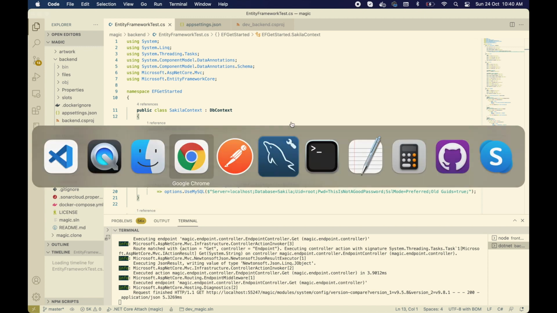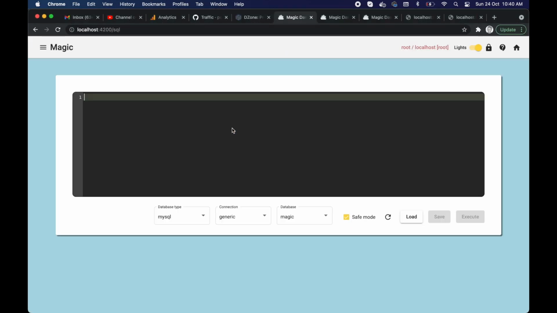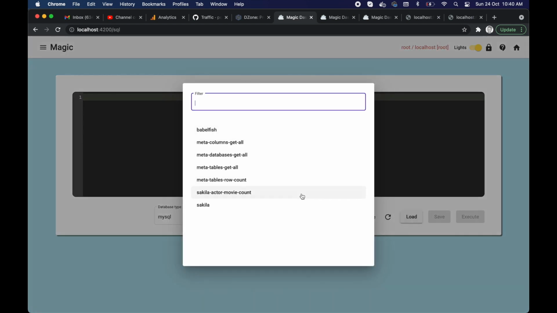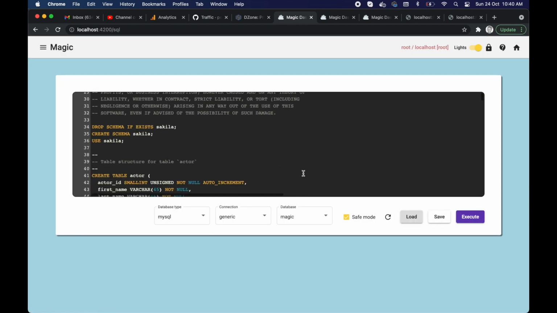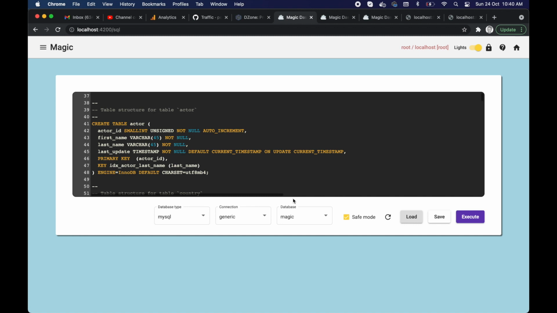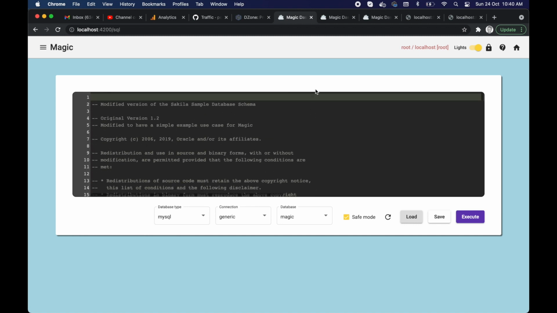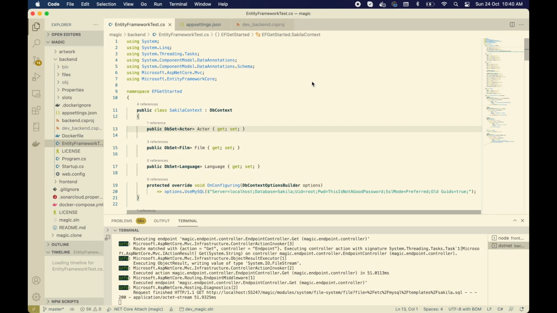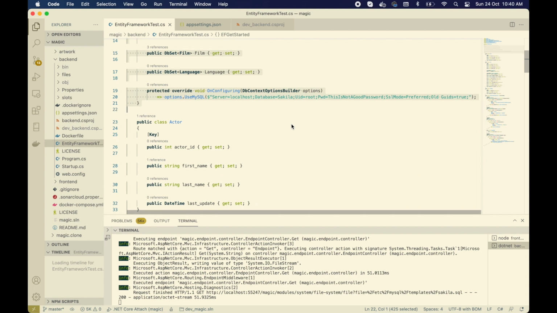If you don't have the Sakila database, you can actually create it using Magic. Simply go to the SQL menu item and choose Sakila and execute this script. I already have it, so I'm not going to do it. That's going to simply result in an error. And then also the C# code here is going to be published at the DZone article,